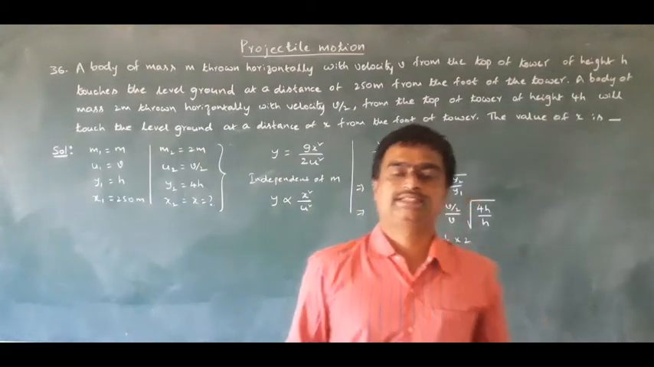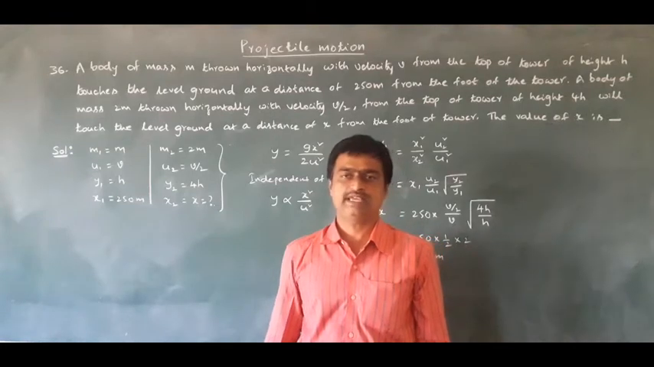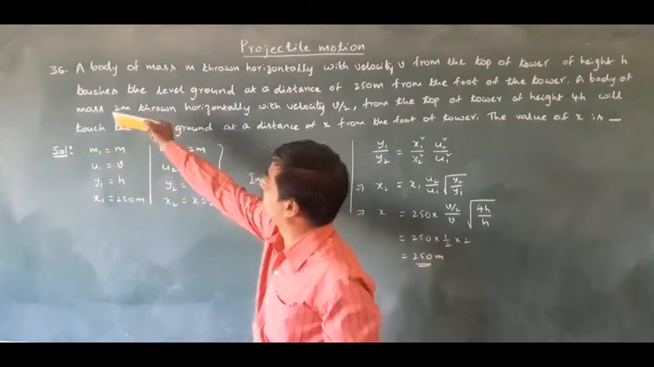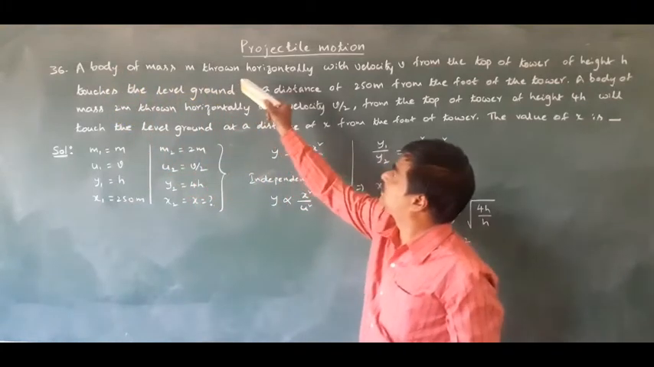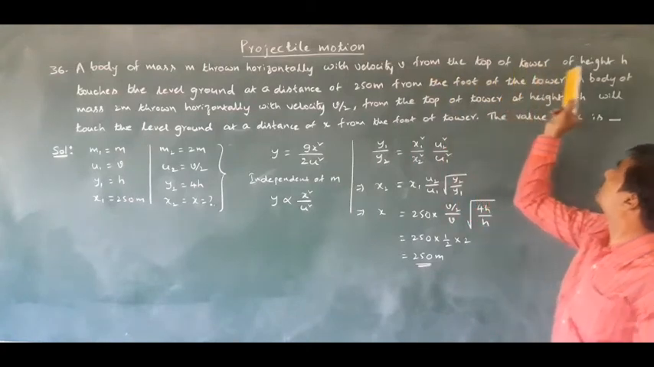Good morning, students. In today's class also we are going to see some more problems in projectile motion. Okay. Next one. A body of mass m thrown horizontally with velocity v from the top of tower of height